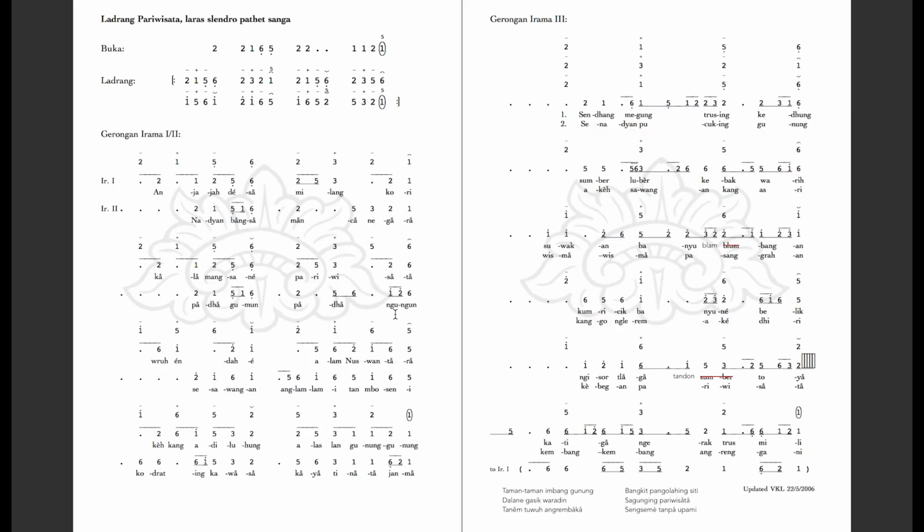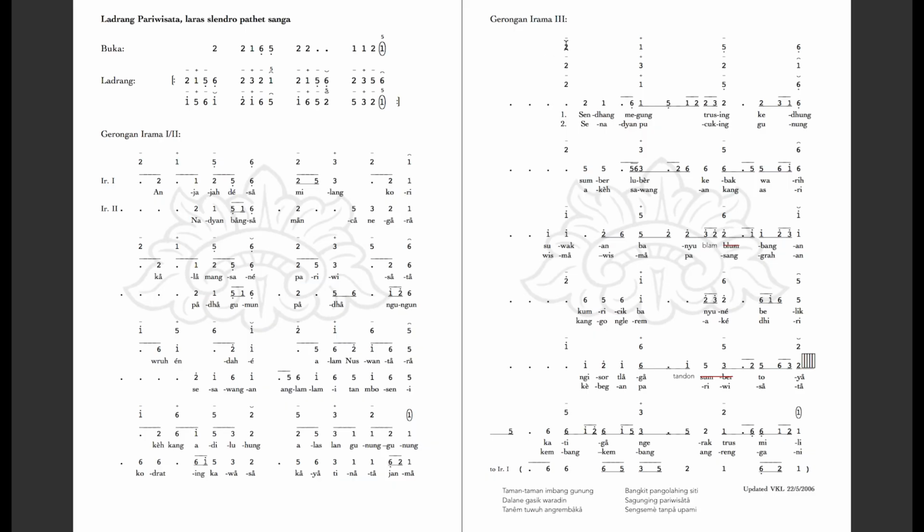Something we didn't go over in previous lessons about pronunciation is the letters NG. If NG is just by itself, it's pronounced like at the end of the word sing. So if I'm pronouncing this right here, I would say ngungun, ngungun. That can be a little tricky to get used to, but you will get it. After we're in irama 2, we're going to sing this vocal part. Irama 2 is only going to be repeated 1 time. At the end of this irama 2 cycle, we're going to slow down again as we go through this vocal part, and once we get to the end, we jump into irama 3 or irama wilet.